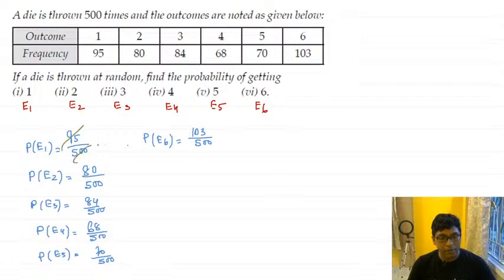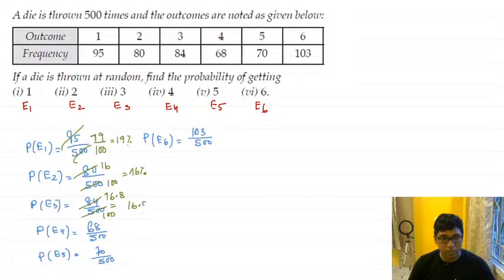So if I cancel out by 5, then we have 100 in the denominator and in the numerator we have 19. So this is 19%. It is 100 and 16. So this is 16%. Right? So it is 100, and if I simplify it by 5, if I cancel out by 5, then I get 5 ones are 5, 5 6s are 30, 5 8s are 40, so 16.8%. Third one, if I cancel out by 5, it is 100, and the numerator will be 5 ones are 5, 5 3s are 15, 5 6s are 30, so